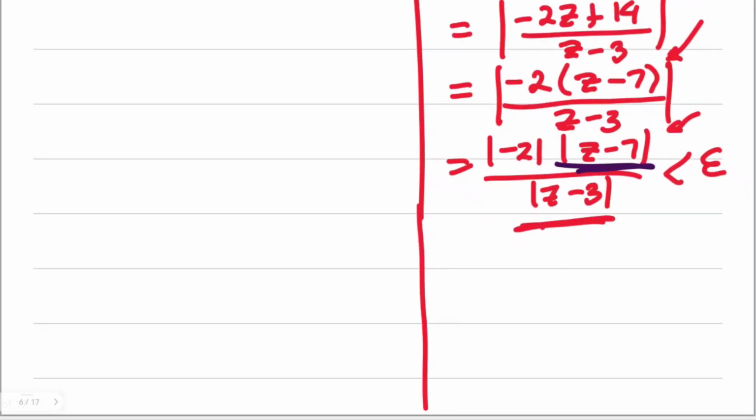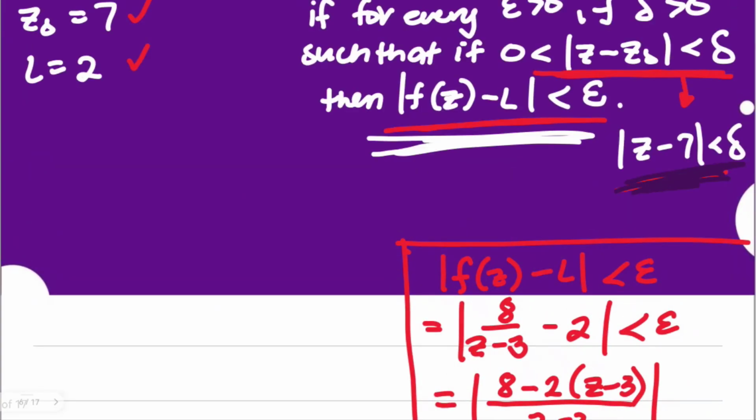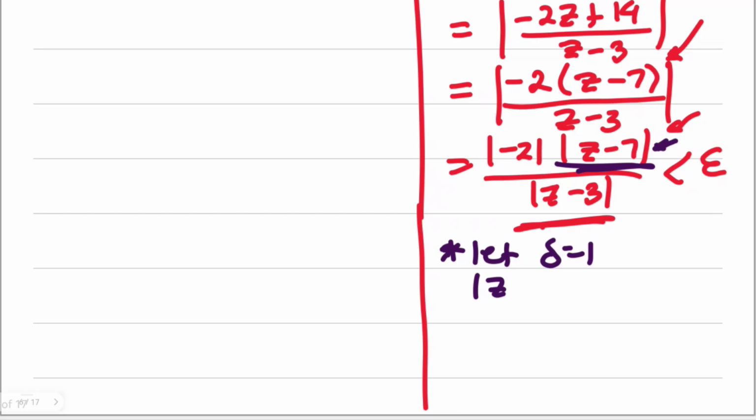So what we need to do here is, let me insert some algebraic operations. So we let, let's say, delta be equal to 1. Since our delta is greater than the absolute value of z minus 7, we'll have z minus 7 is less than your delta, which is 1. Okay, this is now the first value that we have assumed for your delta. So please take note of that, because what we need is the existence of delta, right? So we let that be equal to 1. But of course, we have another value later on, because as we apply the absolute value property, you will have negative 1, z minus 7, and then 1.